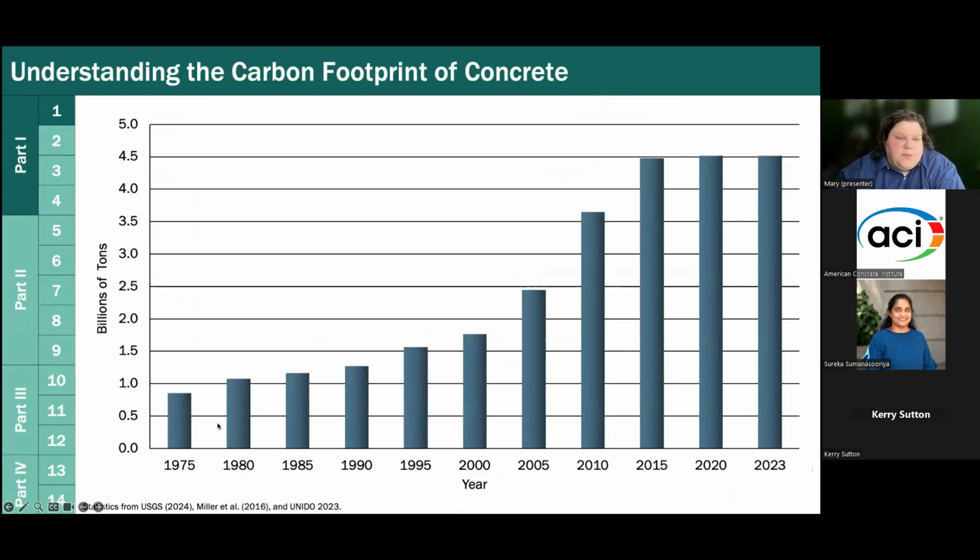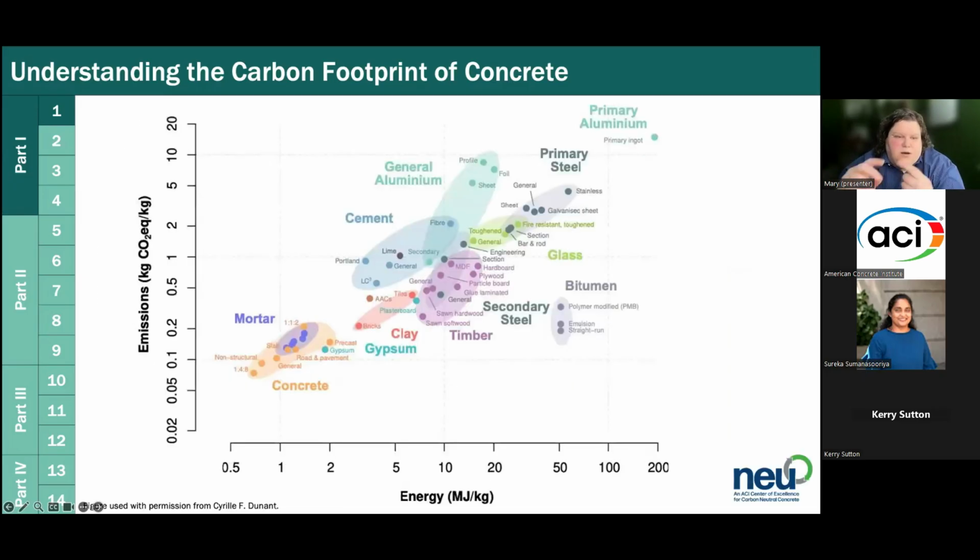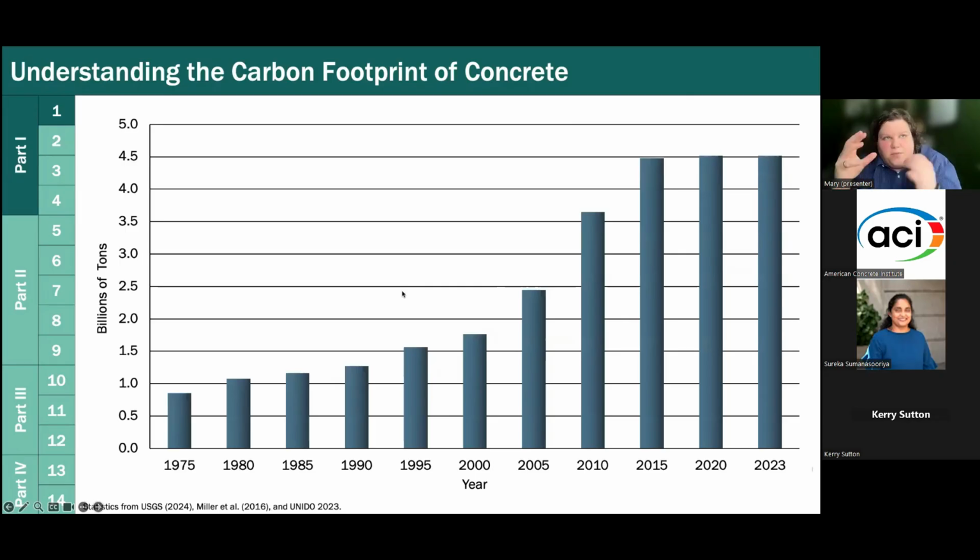And so this is looking at Portland cement production from the 70s until today, or close to. You can see there was a pretty significant hike. There's been a bit of a plateau over the last decade, but projections are that production is going to continue to increase, okay? And so you have to consider two things. One is the carbon density of the material. If you look at this, you see cement is around 1 kilogram of CO2 per kilogram of material. And then you compound that with the fact that we are making an enormous amount of this material every year. And so that's what accounts for those really high emissions, okay?